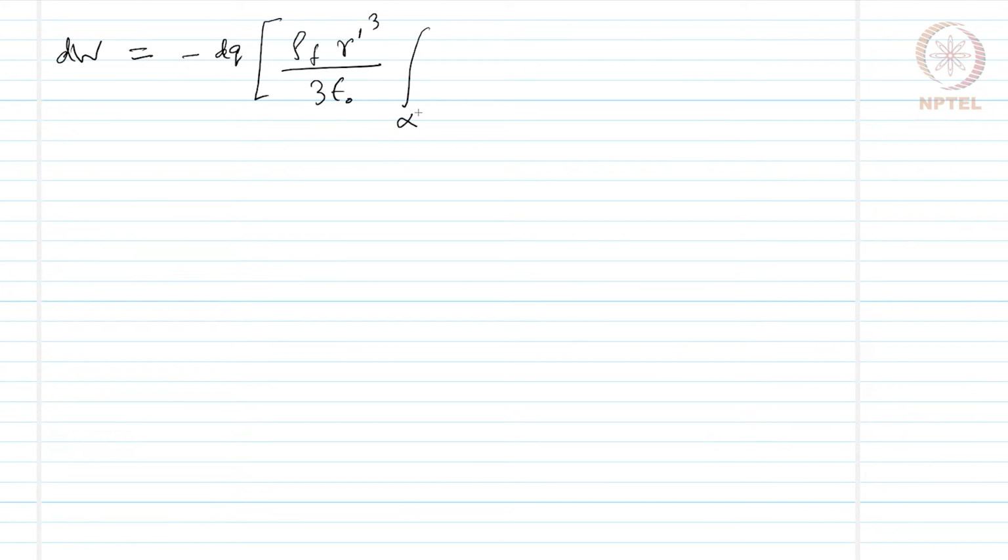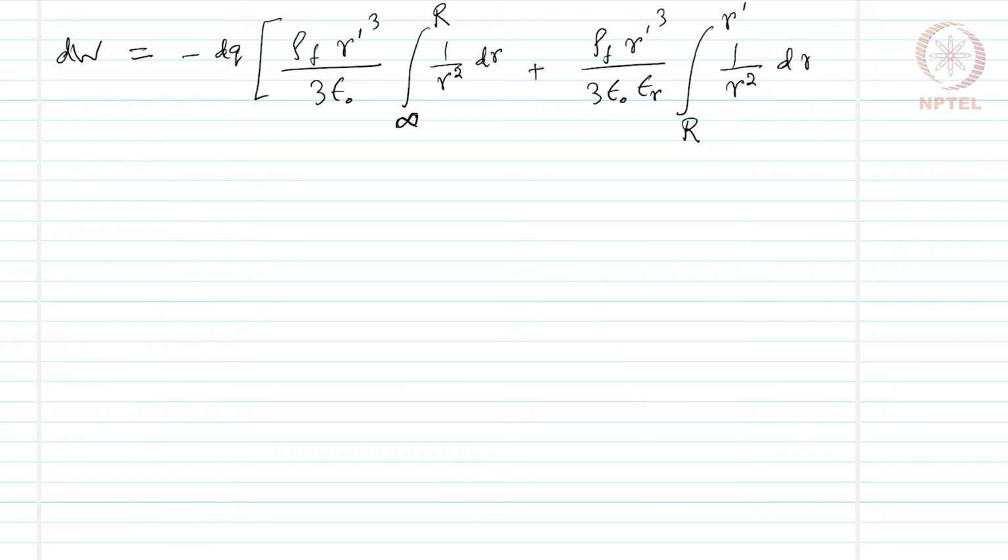integration from infinity to capital R of 1 over r squared dr, plus rho_f r prime cubed over 3 epsilon naught epsilon_r, inside the material, from capital R to r prime, 1 over r squared dr. This integration describes the process of bringing in the charge, and with this consideration, so simplifying this expression,